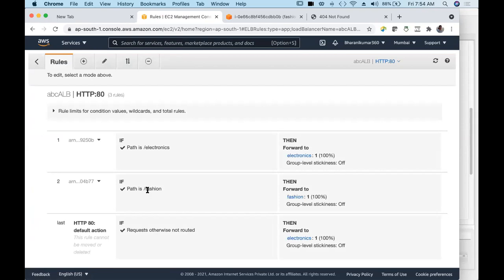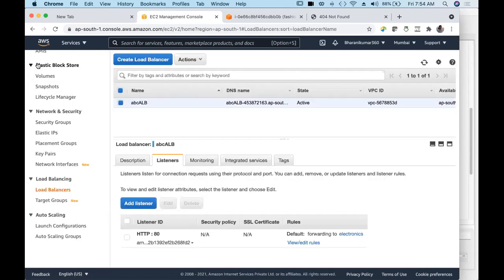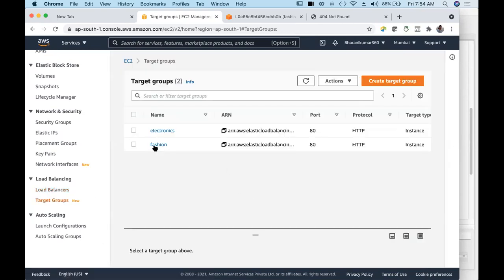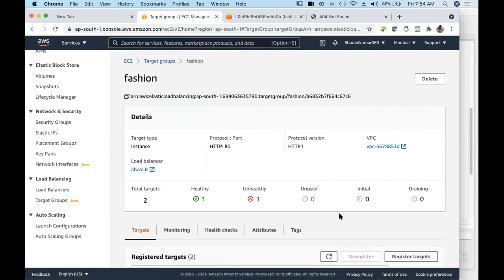Yes, this is the path, and then it has to forward to this, and we have saved it. And we are getting server status is healthy too. In my fashion target group, healthy means